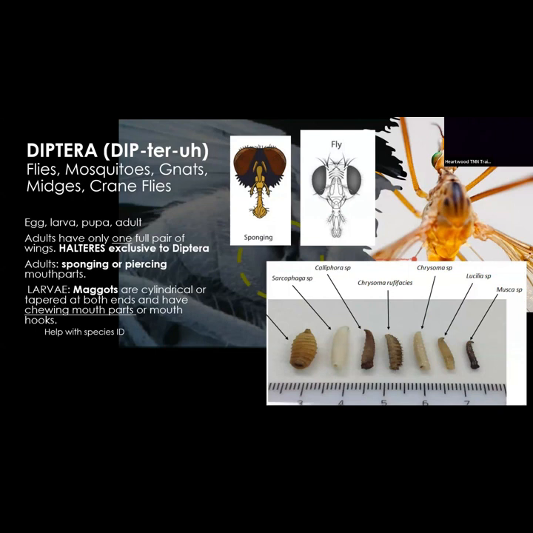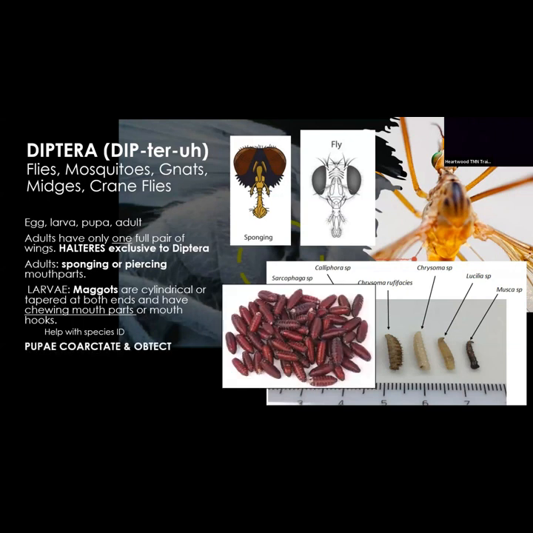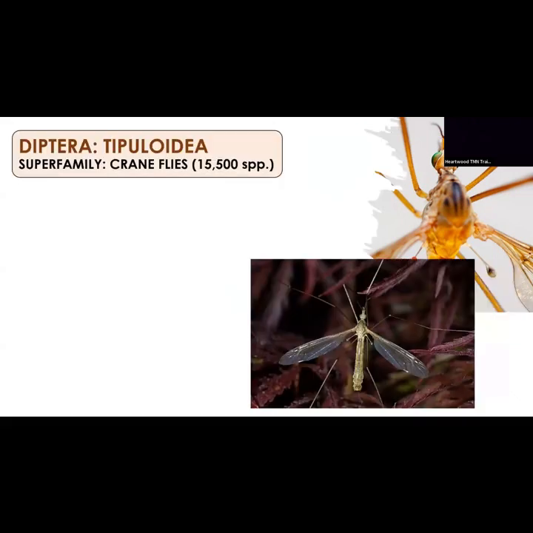I'm really glad I don't have to do that, but that's why they take notes on all of these different things. It's just kind of crazy how all of these things tie in to help identify the orders and the species. And then their pupa tend to be coarctate, where the pupa develops inside the larval skin, but they also have obtect ones as well. So some are predatory, some are parasitic, some are decomposers.